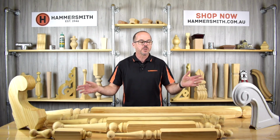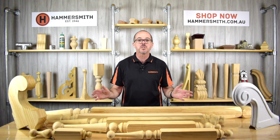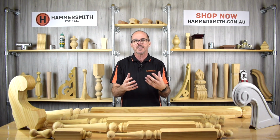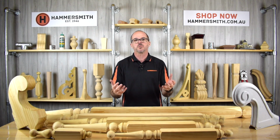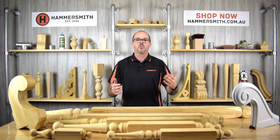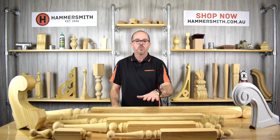So what we have here is a range of roof finials that we sell. Now roof finials also go under the name of gable spires or gable finials. There's a different combination of things, but in essence they all have the same purpose, which is on the roof of an Australian home or the gable where it meets at the front, you would put one of these finials